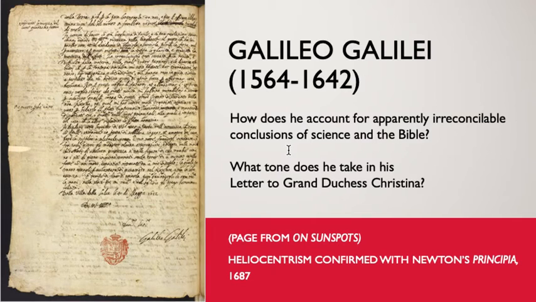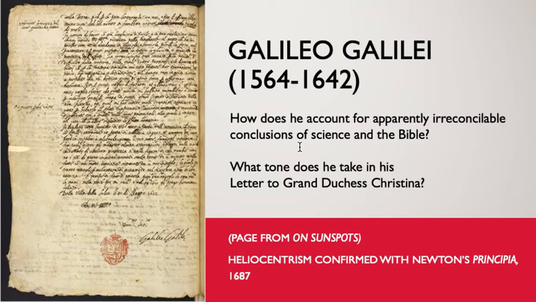And so I think he comes up with a really brilliant idea, although ultimately he doesn't convince the church. But he tries to account for these irreconcilable conclusions. If the Bible seems to say that the earth is the center of the universe, but Galileo thinks science shows the sun is the center of the universe, what to do? And his solution is,